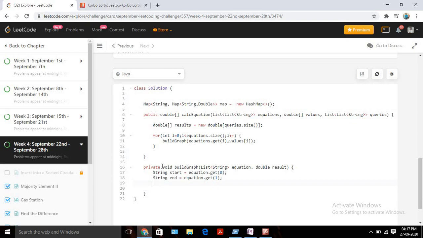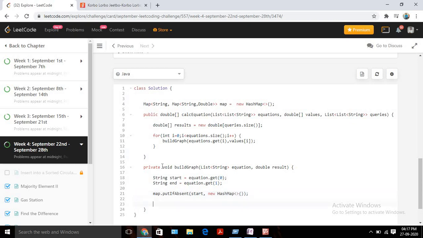So now what's next? Now I need to add this value in our map, right? Since we are building the map, I will call map. Map comes with one inbuilt method, putIfAbsent. It will check if that particular start key exists. If it does not exist, it will initialize one new hash map, right? So it will reduce the number of lines of code, okay? We can avoid some extra if and contains method, something like those things, okay? So I will call this putIfAbsent, and I will check whether start exists or not. If start does not exist, I am going to initialize one new hash map, okay?